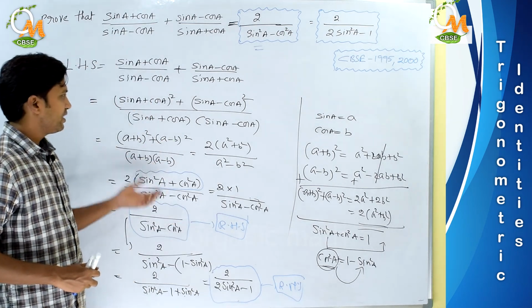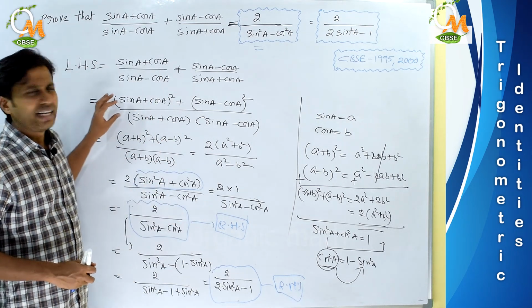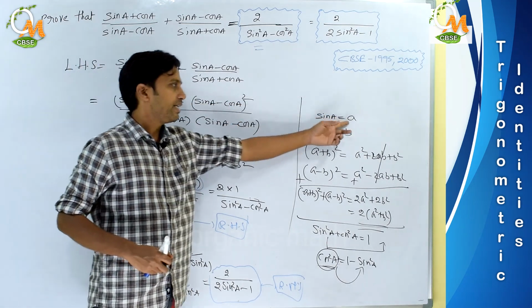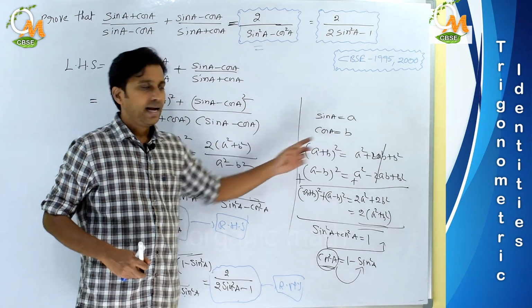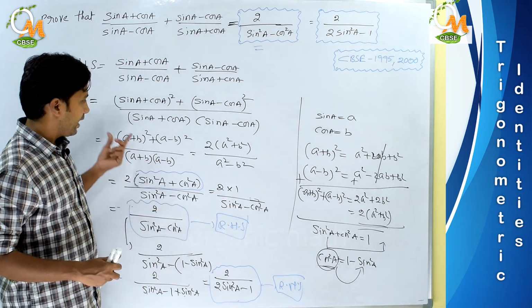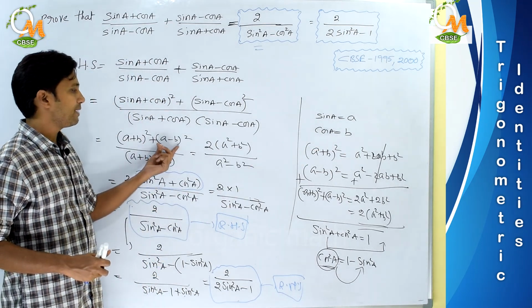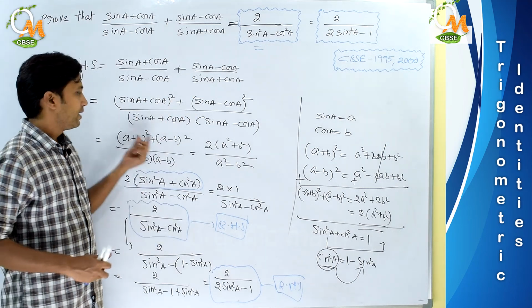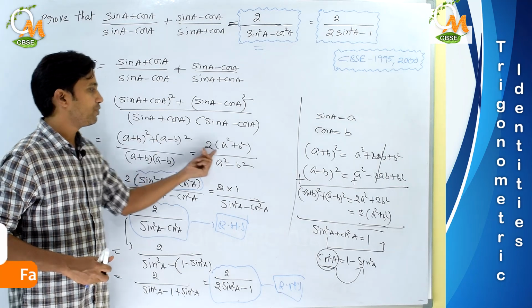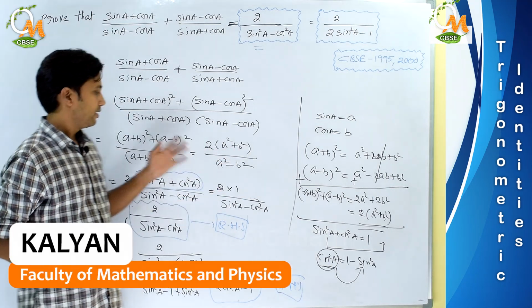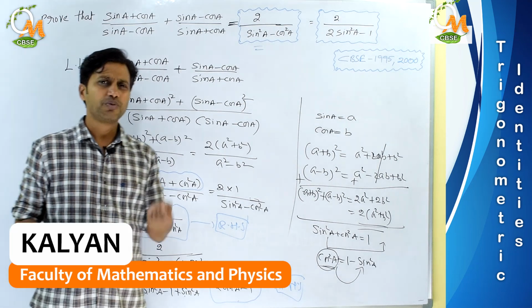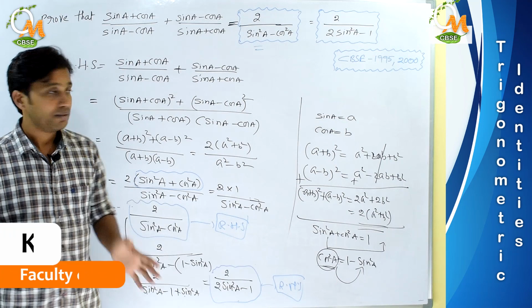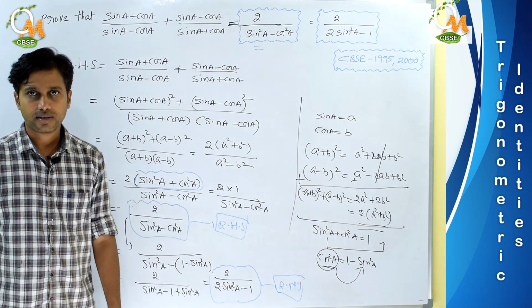And for my convenience, I don't want to encourage expansion into lengthy terms. I just put sin A equal to A and cos A equal to B, and I identified that this is in the form of A plus B whole square plus A minus B whole square. And this result would be 2 into A square plus B square. That's it. We use that small technique. You may say it's a technique or a normal process, it's your wish, but this is one process to get the answer. Understood?